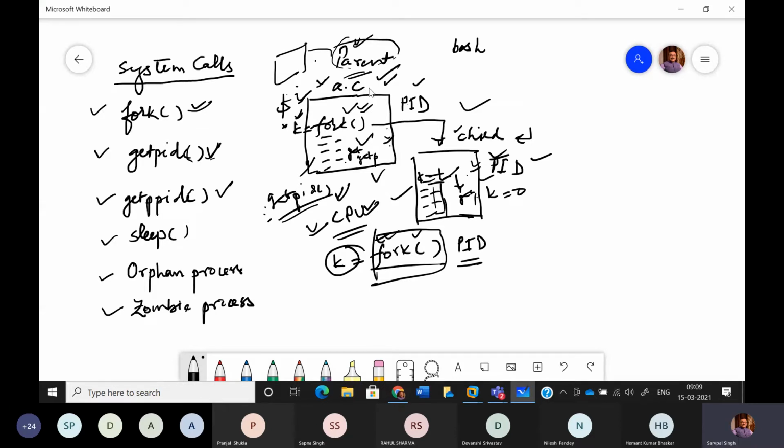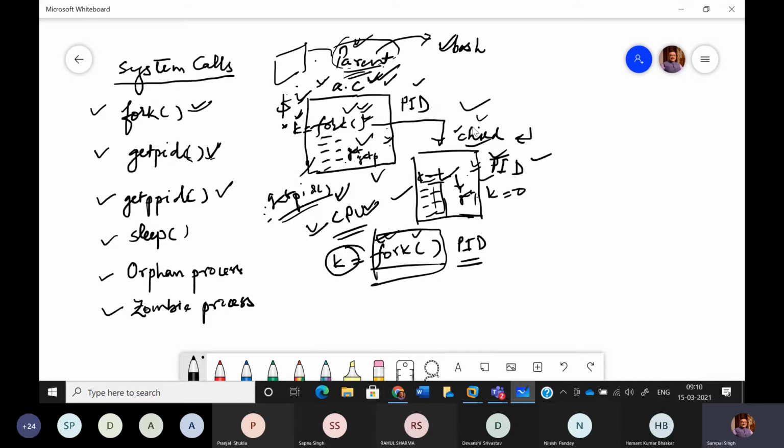I mean, when we try to execute the executable version of a.c, what will happen? The shell will create a child process, and then it will let that child process get replaced with the image of the executable version of a.c. Now, when that is executed, it makes use of fork, so that gives birth to this child. And now we have this concept: the parent, which is a.c, has been started by whom? It was started by bash. It was created by bash. So it has become a child of this bash. So who is the parent of the parent? It is bash. So we'll see this example of how we can get the trace of this.